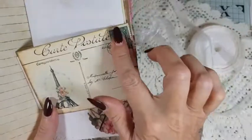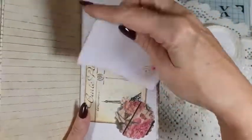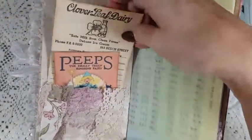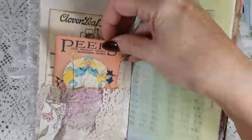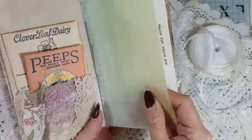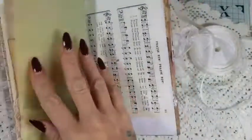That is an actual vintage stamp on there. I try where I can to put my vintage stamps on there. And on this side we have one of the fabric tiffin pockets, and that's from the Old Design Shop, and I think that might be as well. And then we have this nice lovely vellum, which I thought went really well with the